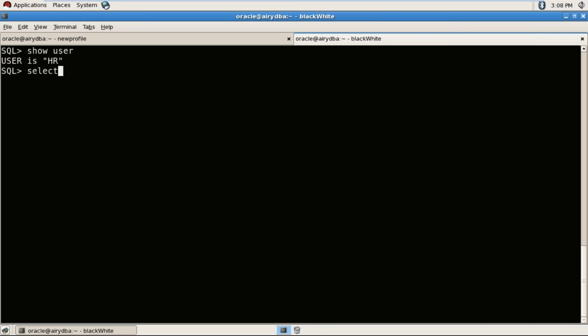So when I'm saying select last name, comma, length, length is the first character function, thereafter I will pass the column name, last name, from employees, right. So it will give the length of